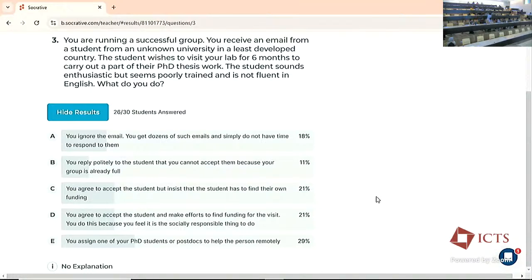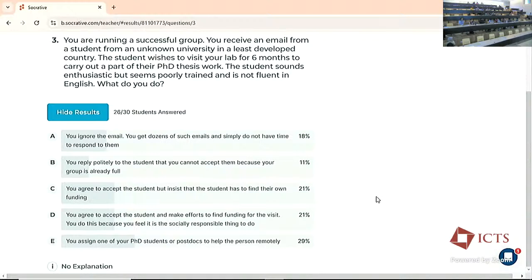So I think what realistically happens is people go with A in real life because, well, again, I'm not faculty, I'm not senior enough to make conclusions of this, but I imagine that people get a lot of emails like that. And in real life, they ignore the emails that come from weaker candidates, even if they realize that it might be socially responsible to invest some time into doing this. So yeah, I think that's the reality.